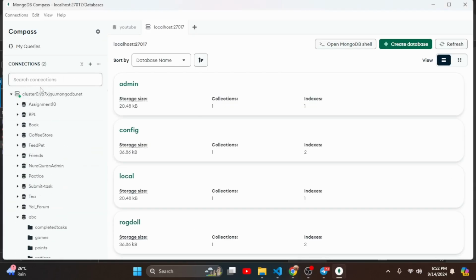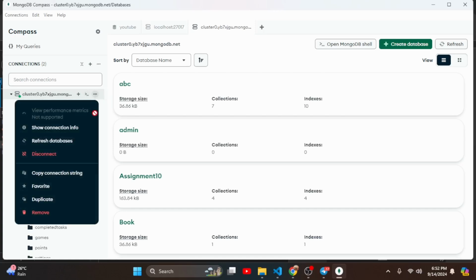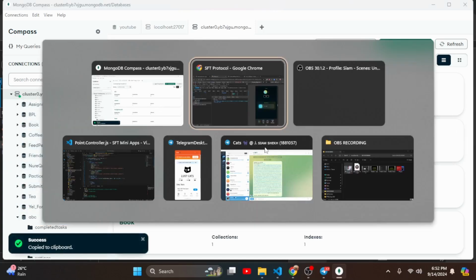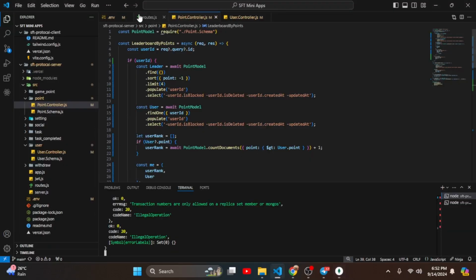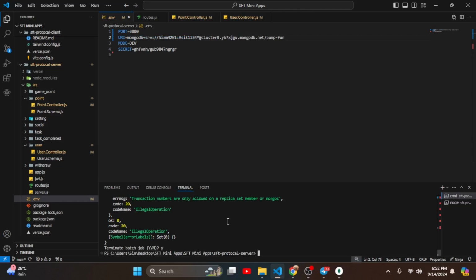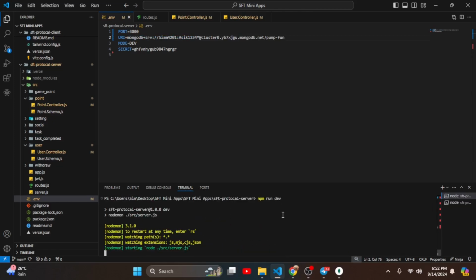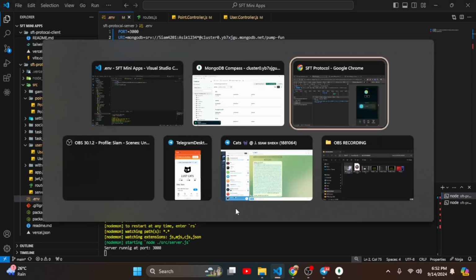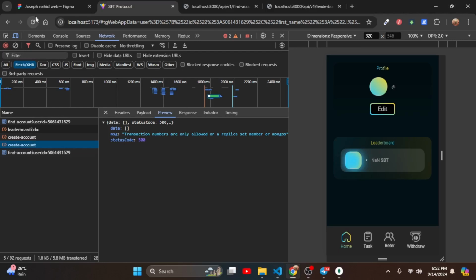So I just go here to my cluster, and here I copy the connection string. I just need to come here, and in the env I just need to replace that. Okay, I just turn off the server and run that again. Okay, perfect, the server is running. So if I now reload this page,